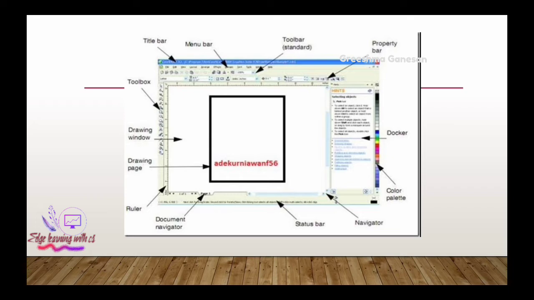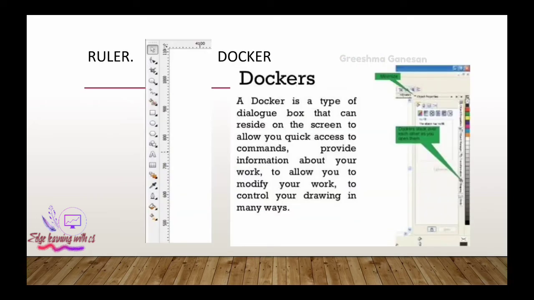Then you can see the portion which is known as Docker. Docker will give you data about what you are going to select, or it is like a comment. This is the side view of a Docker. A Docker is a type of dialog box that can reside on the screen to allow you quick access to commands, provide information about your work, to allow you to modify your work, and to control your drawing in many ways.